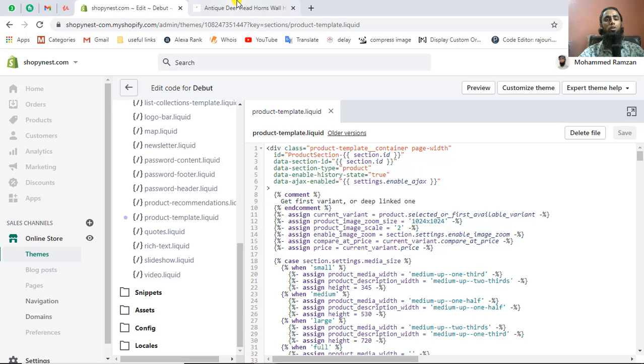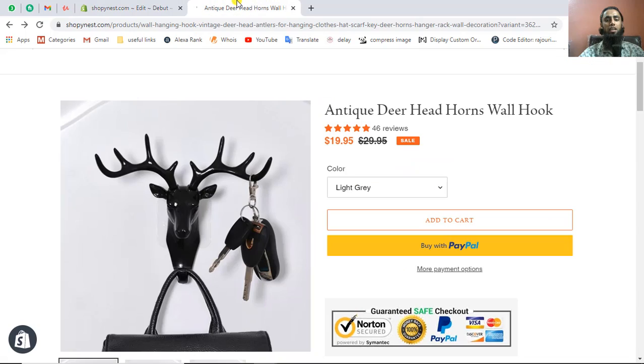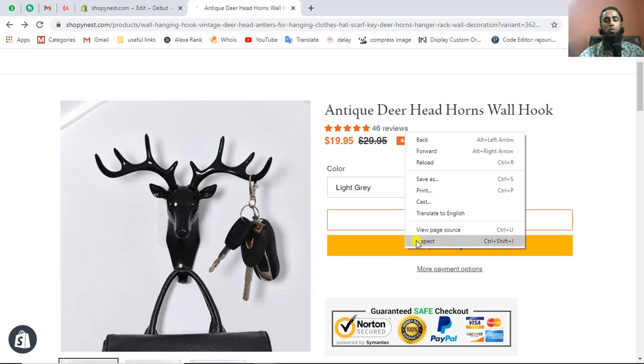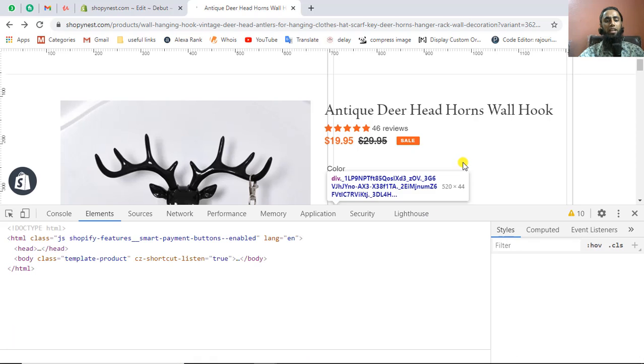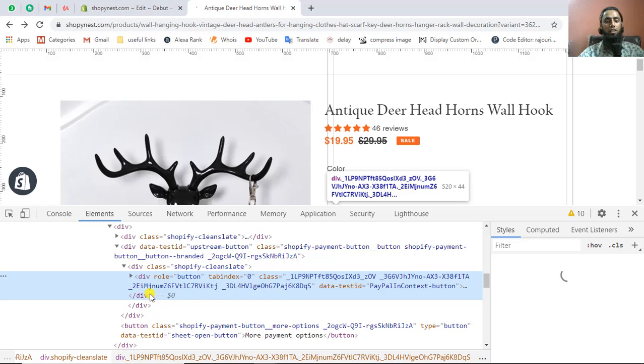All right, so first of all, let me give you a quick understanding of how I will be adding some style to this specific button. You have to right click on this one and click on inspect. Once you click on inspect, you will get that specific button.